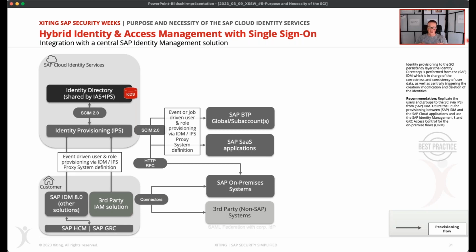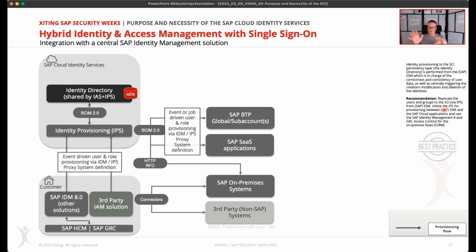That means that all changes related to user address data, attributes, and permissions are stored all in one place, and the data can be queried anytime for audit purposes. Of course, the IDM solution stays in charge of the correctness and consistency of user data. That makes it easier to consolidate many systems and then have just one integration to your identity directory. You can also write back attributes like the SAP global user ID that is created only here. You can write this information back to your IDM as well.